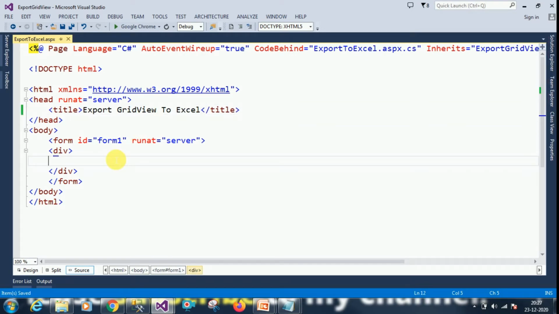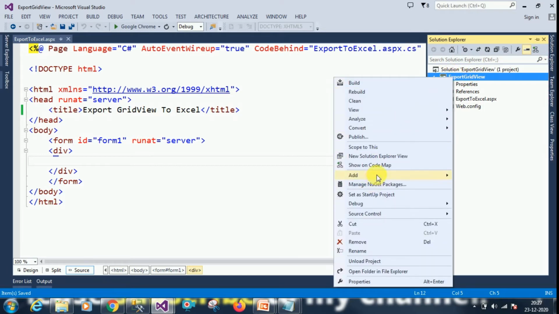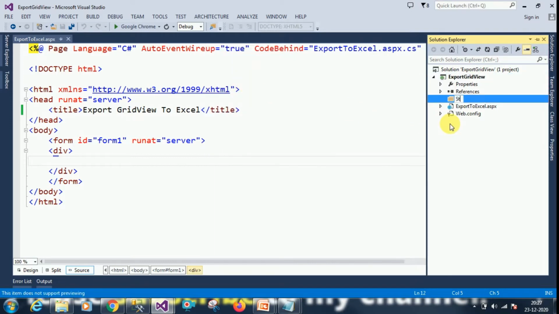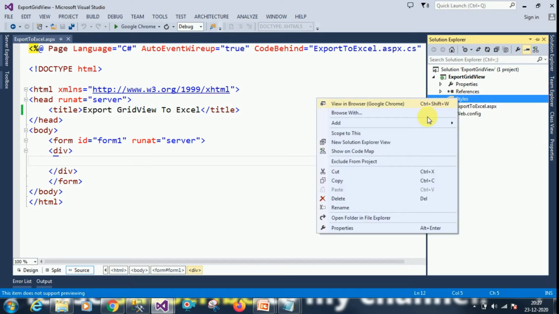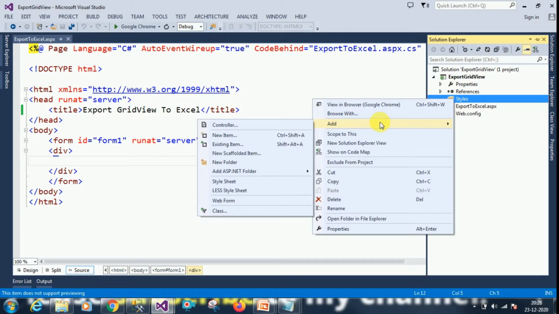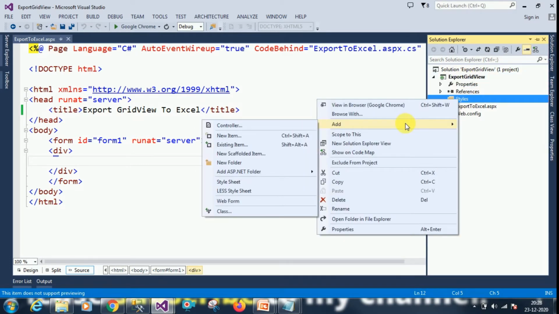Here we are going to use some styles for the button and table header. For that we have to create one style sheet. Right click on the project, click on Add. First we will create one folder. It's called styles. Inside the styles folder we will add one style sheet. On the styles folder, click on Add. If you want you can add it in the root itself, not a problem. Add